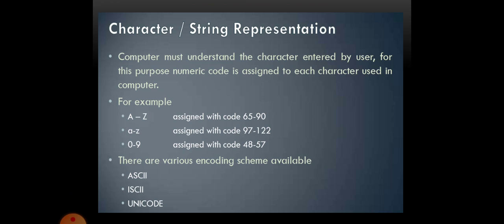So this can be easily converted into binary. Is it clear what is the use of the ASCII code or the conversion? So A can be represented as 65, B can be represented as 66. So 65 and 66 can be easily converted into binary, and binary can be easily converted into current voltages, either low or high.